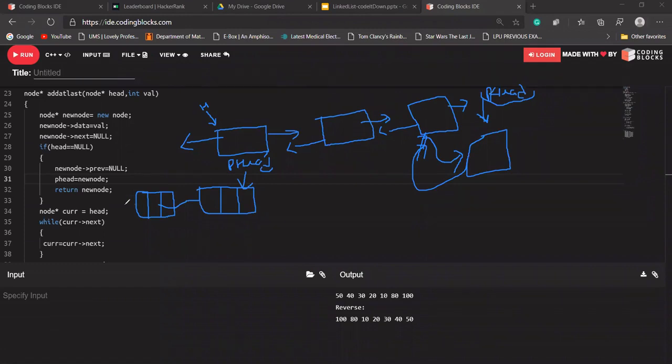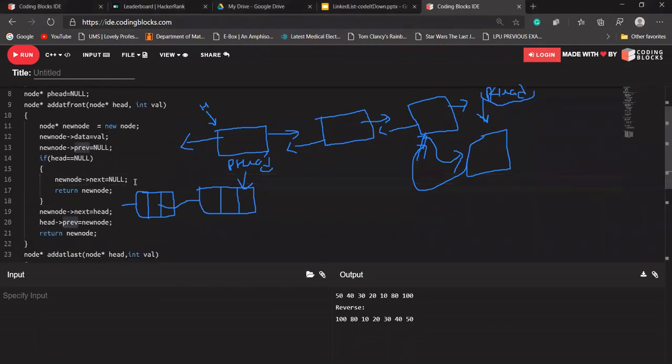In the add at the front function, we have to update it. If there is nothing in our linked list, then our last head, let's take it as last head or p head. P head means previous head. This will keep the address of our last node, so it will point to the new node.